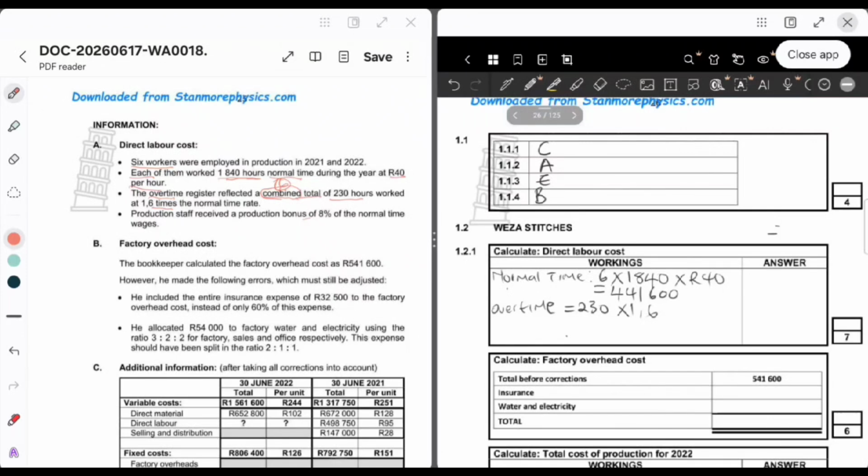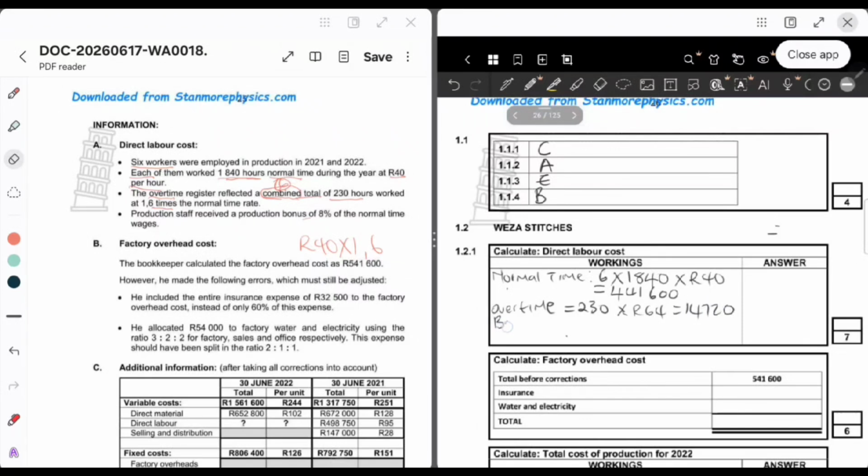You look for the normal time rate, which is 40 rands, and then you say times 1.6. So 40 times 1.6 is 64 rands. So you're going to say times 64 rands, which now gives us an overtime of